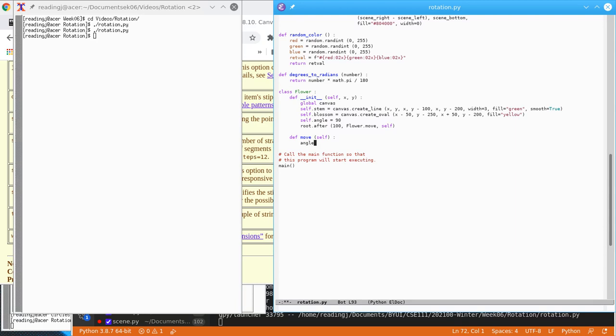So we're going to say angle plus equals, and we'll just step it by 10 degrees, all right? I still got degrees to radians up here because all the functions are going to use radians. And we're going to say delta x equals